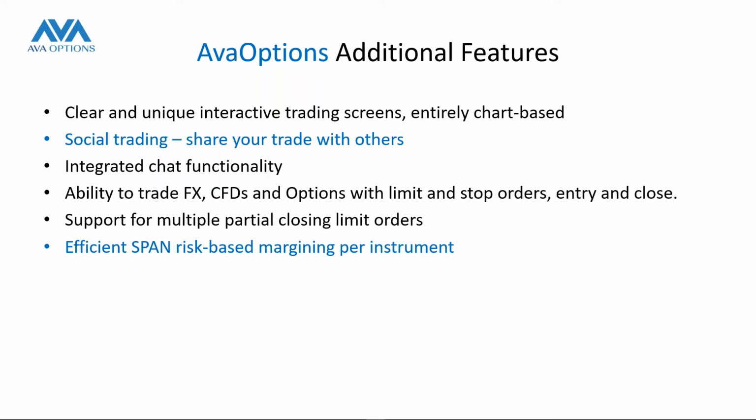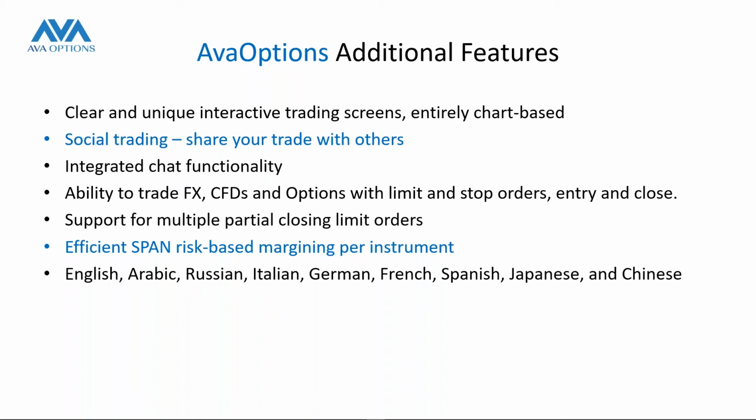We have efficient margining. Margin is based on what's called SPAN, which is a scenario-based or VAR-based risk margining system. We essentially look at all of your positions, we calculate what kind of risk you have in your portfolio, and we calculate the margin this way. You can find more information about that in the trading conditions page and the financial instruments page of the AvaTrade website. The app is also, by the way, translated into all of these languages, even if I can't speak them.